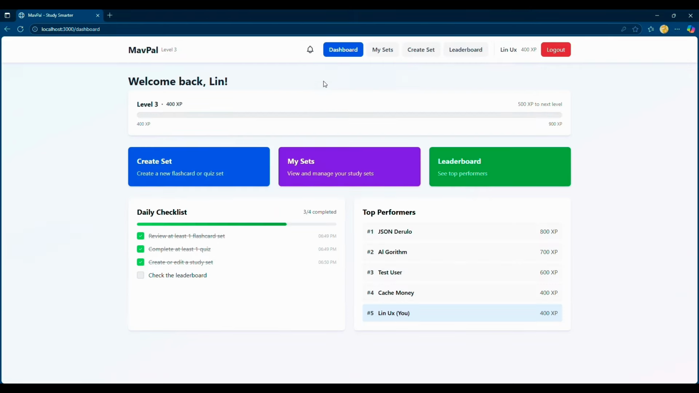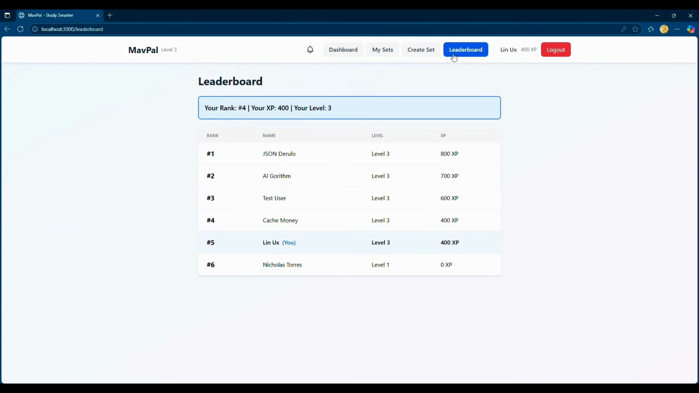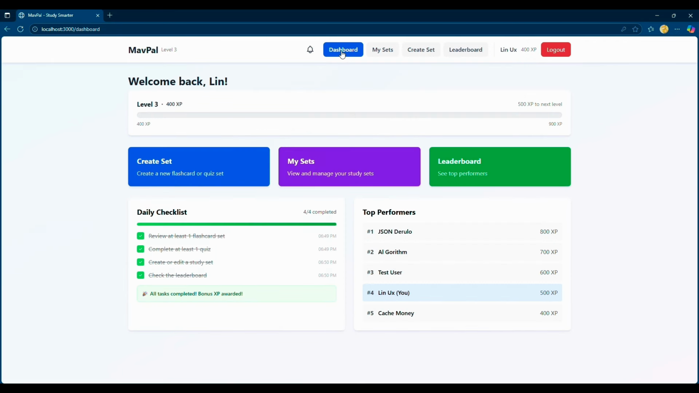Returning to the dashboard, we are once again able to see the daily checklist has been updated, as well as our XP level. The top performers box has also been updated, with us now tied for 5th with cash money. Finishing the daily checklist, the last objective is to check the leaderboard. We can see the leaderboard has been pre-populated with all the information from the backend database that has also been updating. At the dashboard, we see the daily checklist has been completed, and that the XP tracker has also updated